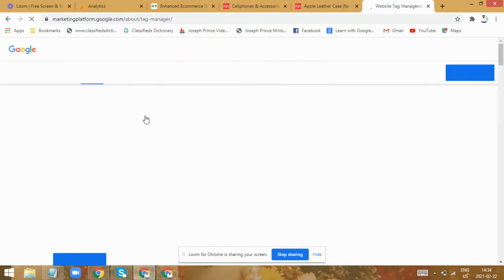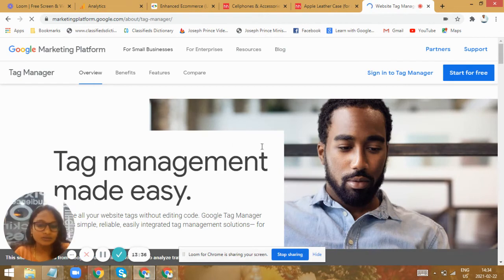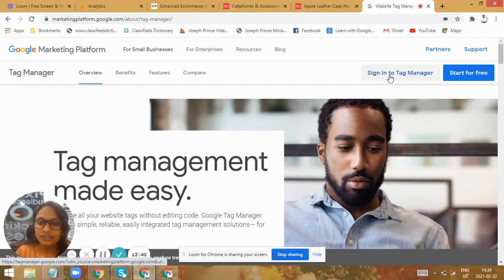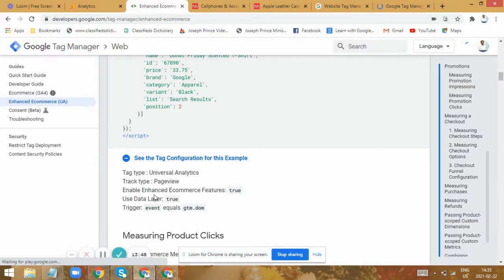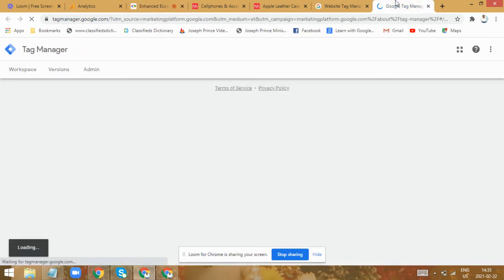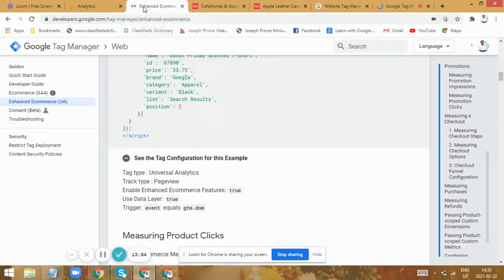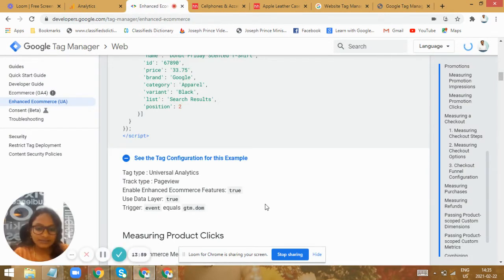Here in Google Tag Manager, you can do wonders, add wonders to your marketing strategies. So you can do the coding level adventures over here. So here you need to enable the data layer so that Google Analytics would know the data is available in that layer and you can take it from over there. So this tag would be triggering when the page loads. So all this data would be loaded into the data layer once the page loads.